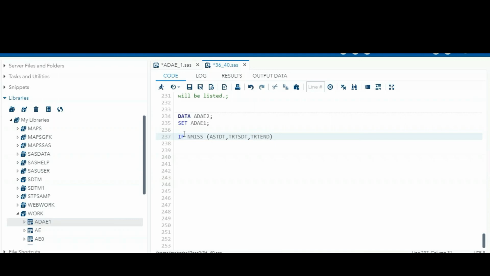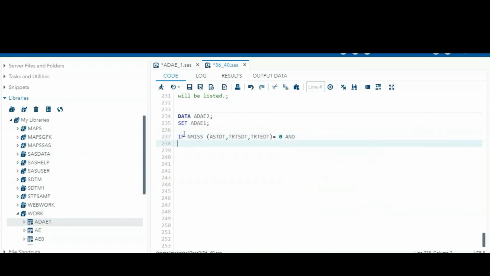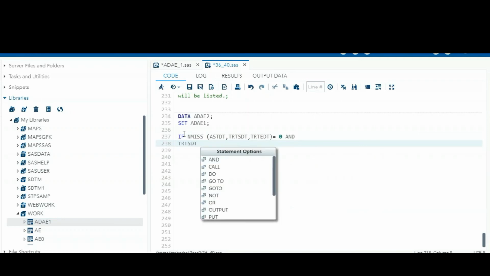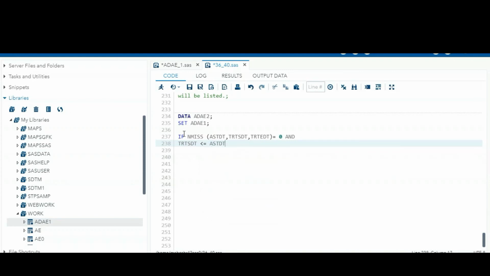So what variables am I using? All the variables are in numeric format, because for mathematical calculation and any derivation we use the numeric variables. Everything is non-missing, and the adverse event start should be present between the treatment start date and treatment end date.